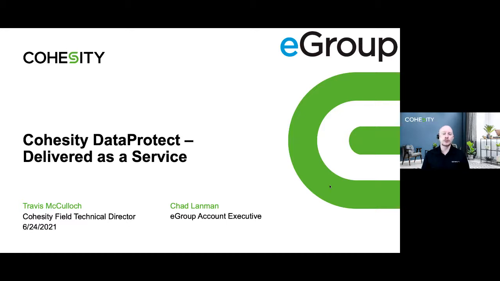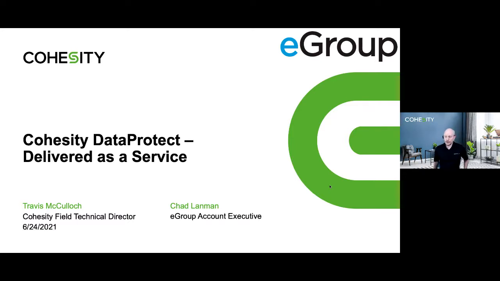Want to talk through briefly what our DataProtect as a service is, and then also how we can protect things that are cloud native, or things specifically in M365, as it's a constantly evolving thing. Microsoft is only going to keep about 30 days of it on there, and they still recommend you should keep some other third-party platform there to be able to protect it. So we'll talk about a few of those things, and if time is available, I'll jump into the UI and we'll show you some of the fun stuff there.